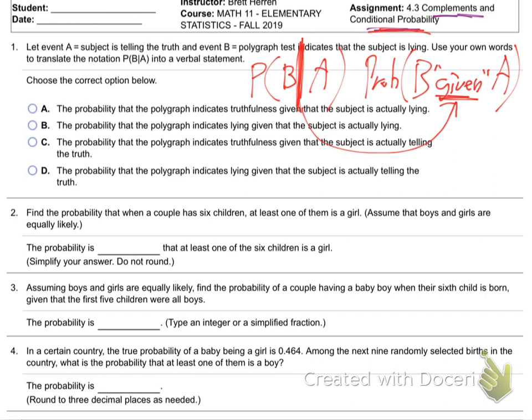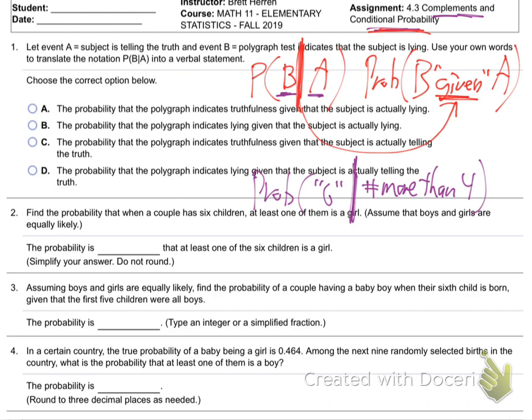All right, so first off, they use the word given so often they actually made a symbol for it. That straight up and down line means the word given. So when they write P(B|A), that means the probability of B given that A has occurred. That'd be like me saying, what's the probability of getting a 6 given that the number is more than 4? That's what I was doing a second ago with the dice with you. I was saying, hey, what's the chance I got a 6? Let me give you some information. The number is more than 4. Well, that makes it a 50-50 chance, doesn't it? Two things, it could be 5 or 6, so it's 50-50.